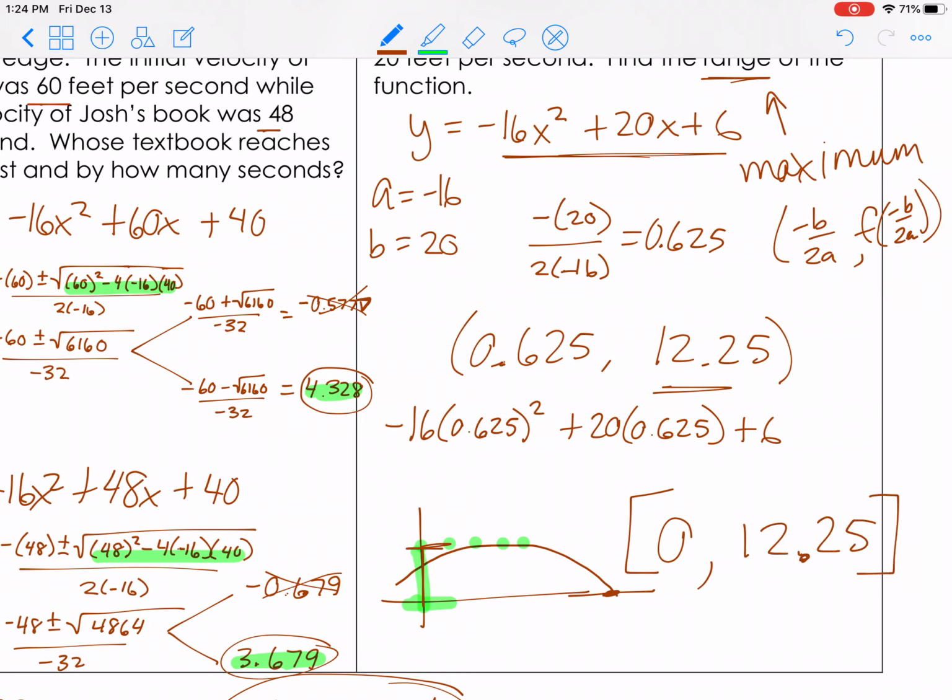If it asked for domain, we would solve to find this number, right? And then we would say the domain was from 0 until whatever that number was when the ball hits the ground. Okay, I'm going to stop there, and then I'll put on a second video